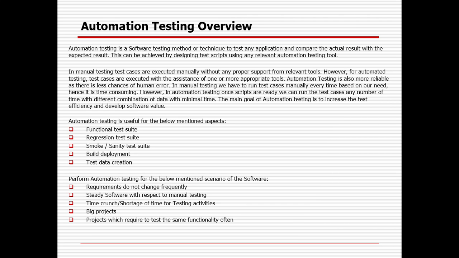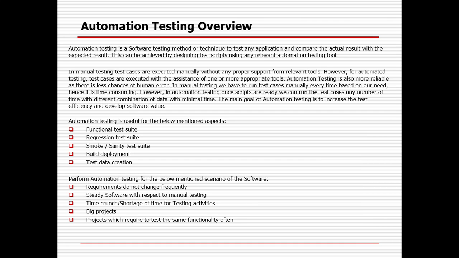Suppose today you are automating 100 test cases, so you need to maintain them on a regular basis. You need to run them every month, right, or every week. And in case any problem is coming, you need to fix your code. Otherwise, suppose today you are automating, and after 1 year you need to run them, and after 1 year a lot of changes have happened to the application.